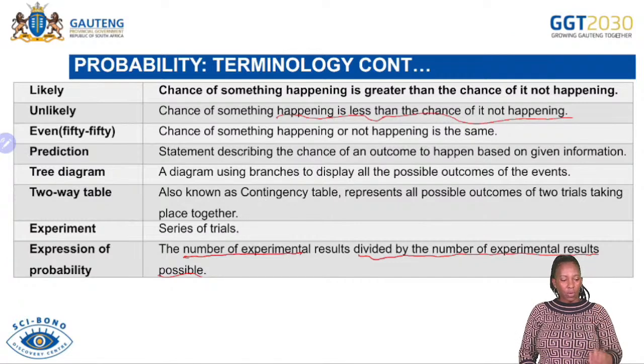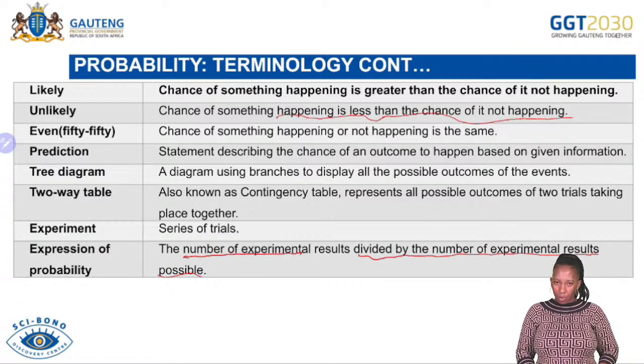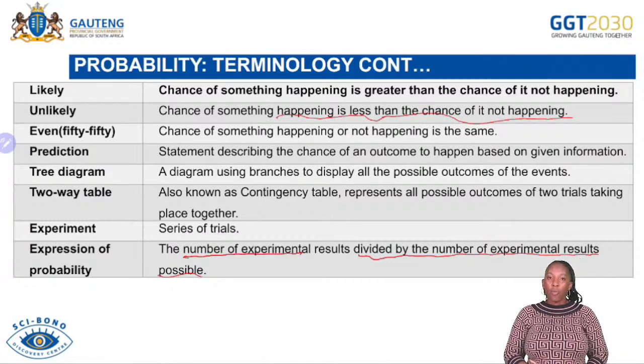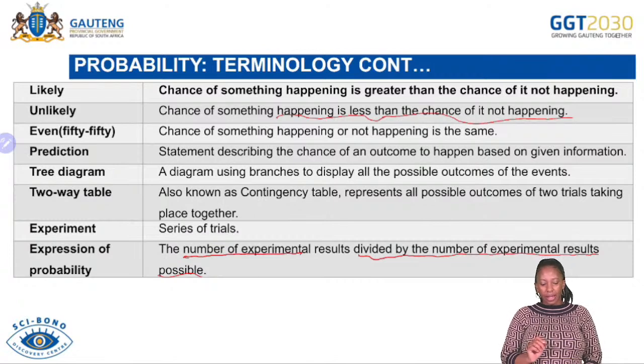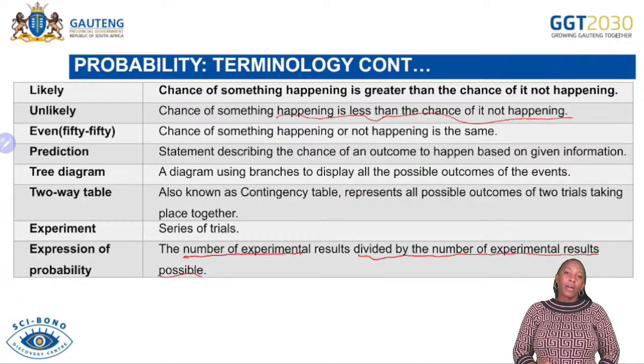So if I'm tossing a coin and it says head, I know, okay, fine, it's head, but what I was expecting is either a head or a tail. So it means there are 2 possible outcomes, but only 1 outcome. I hope you understood this terminology, boys and girls, because in the paper, you are going to come across this. They might say,